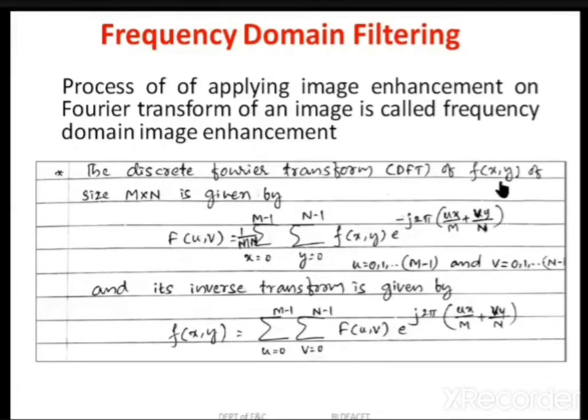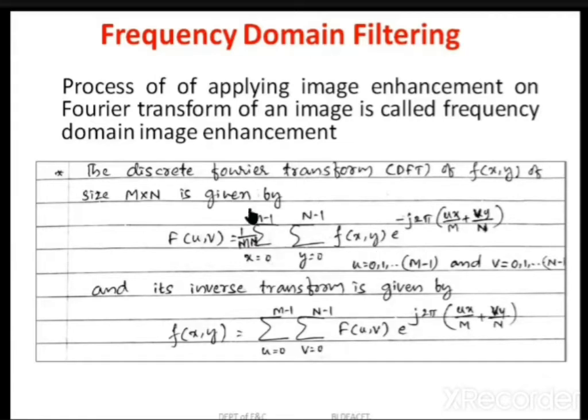Here the idea is that we are assuming the image is something like a two-dimensional discrete signal, and first we obtain the Fourier transform of that image f of x comma y. Here assume that the image is of size m comma n. It is m into n, where m is the number of rows and n is the number of columns. Its Fourier transform can be represented as F of u comma v. We use variables u and v to represent frequency domain information, and x and y to represent spatial domain information, that is time domain signal, we can say.